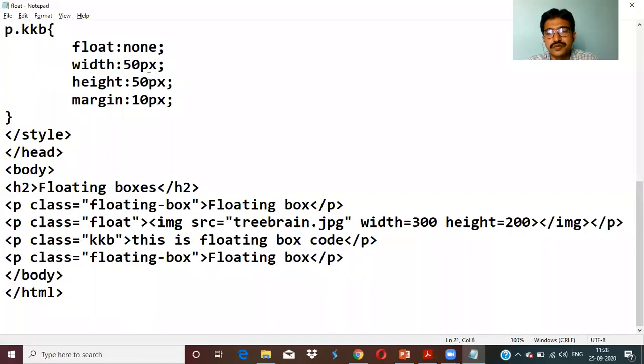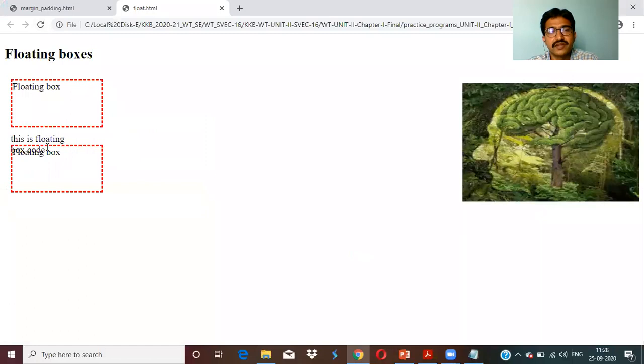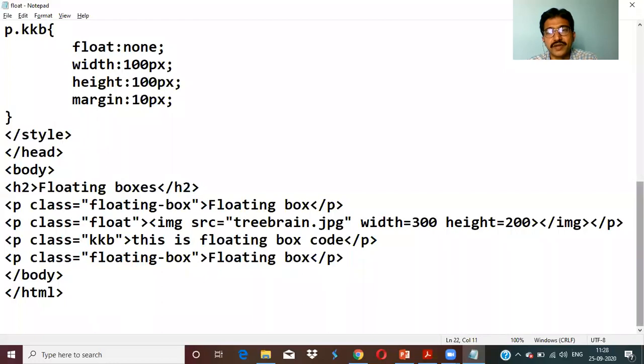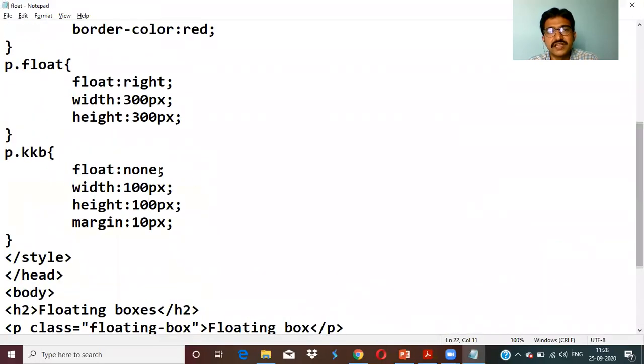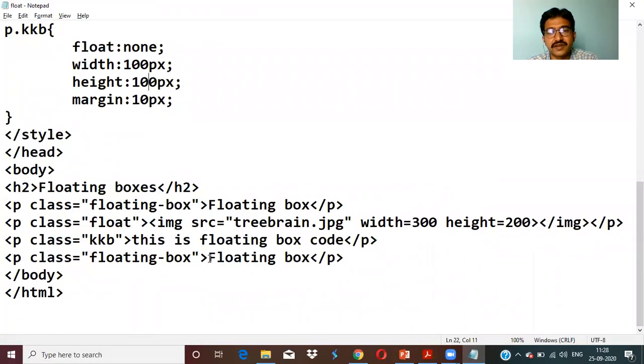If you increase this to 100, or 200, and save, it will be like this. It is like this because it is already overlapping. If you observed previously, the last line, floating box, you are again applying a class called floating box over here.